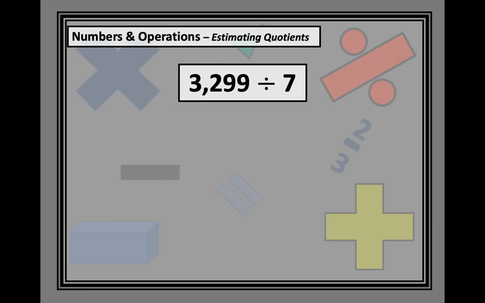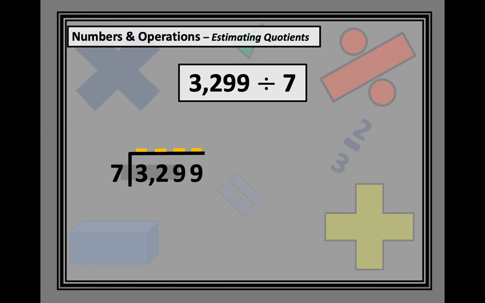Estimating quotients was the only time we decided that you can't always use those regular rounding rules. If I tried to use regular rounding rules here and I tried to do 3,000 divided by 7, that's not a problem that I can do quickly and easily in my head. Regular rounding rules don't work with division. With division, you need to use compatibility. So you have to round to a compatible number or a number that's easy to divide in your head. So for this problem, we're doing